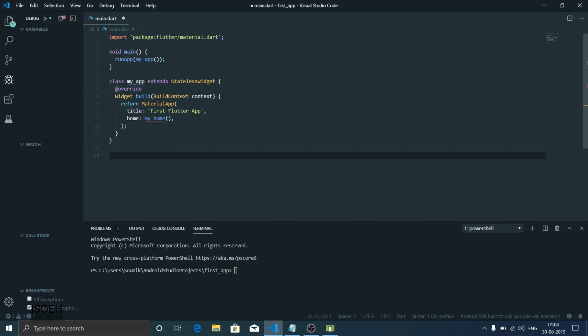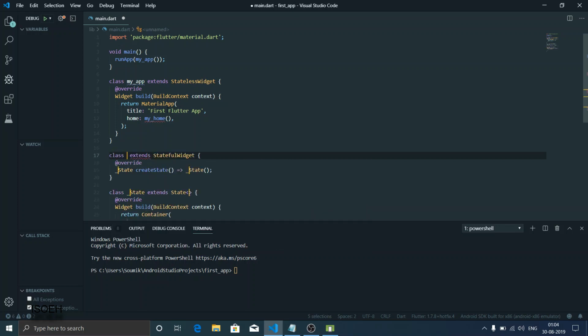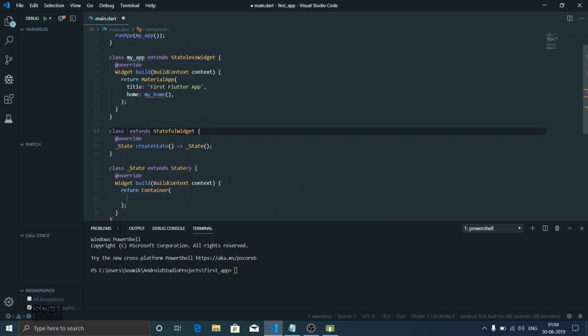So now my home, inside of this class we will have all the stateful widgets. So let's create the stateful widget here. So STF for stateful and press tab. So it already created the stateful widget for us. We just have to provide the name, and the name here will be my home